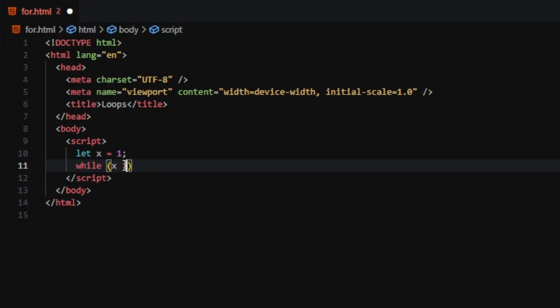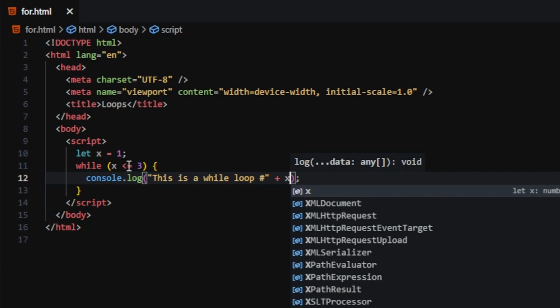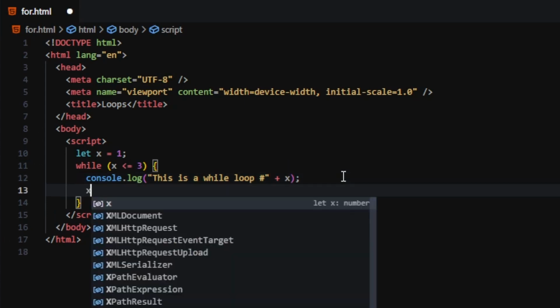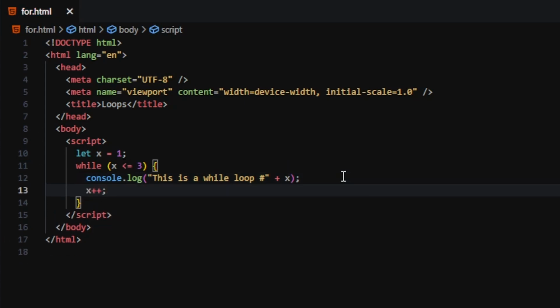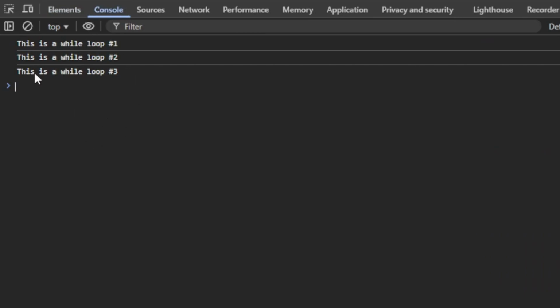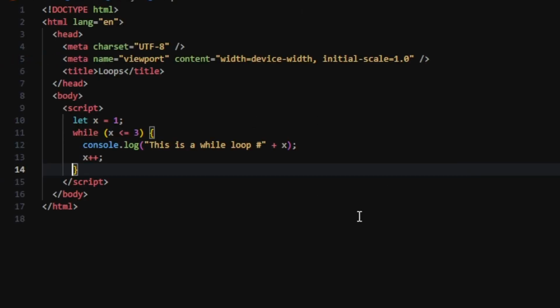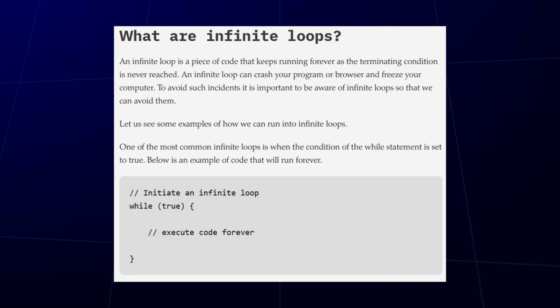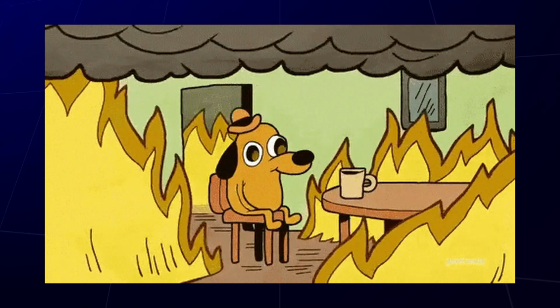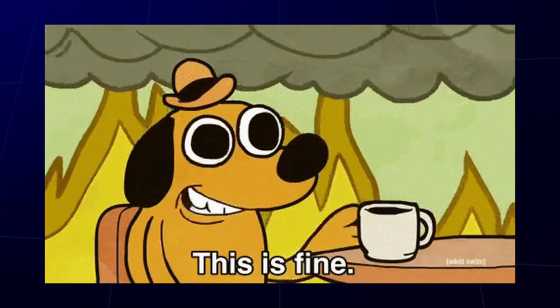While loops are better when you don't know exactly how long it'll go. It just keeps going until the condition is false. This makes it great for user input, game logic, or anything slightly chaotic. We did a similar example with the while loop and the for loop, but while loops are better for other scenarios. Like say accidentally writing an infinite loop that crashes your server and burns your job to the ground. Super fun stuff, 10 out of 10, would recommend.